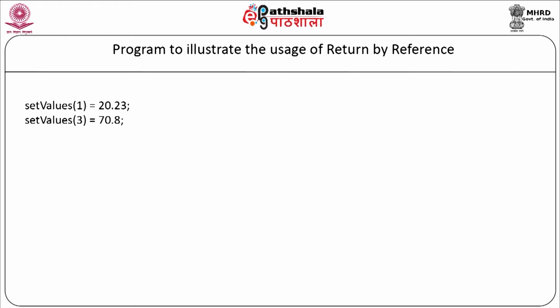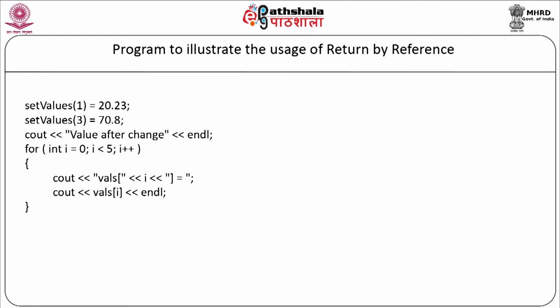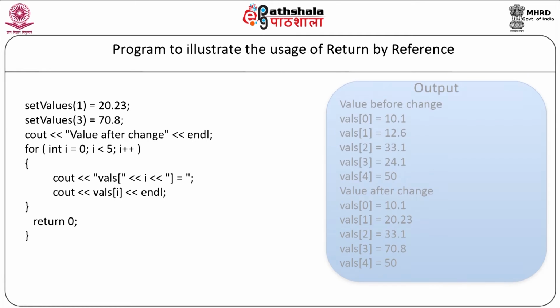Now we are displaying the values on the screen as cout value after change, again with the for loop, and we are displaying the values back on the screen. Return 0 and our main program will end. So here we are changing the values of the double array at 2 positions, that is index value 1 and index value 3. When the above code is compiled and executed, the result will be: value before change will be